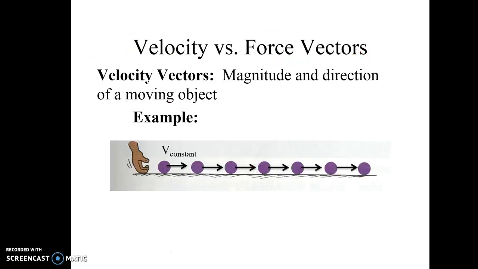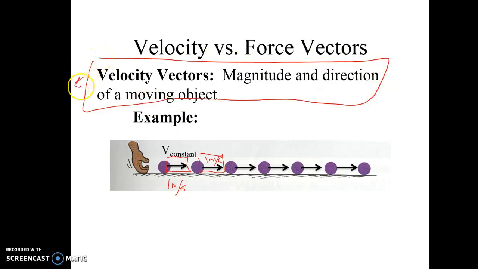Velocity vectors. A velocity is representative of the speed, not the force. So now we negate gravity, and we ignore gravity, and we ignore normal force. This time, this is the 1 meter per second. And notice each arrow is the same, saying this is a constant velocity. It's continually moving 1 meter per second to the right. So please, please, please, this is a subheading,